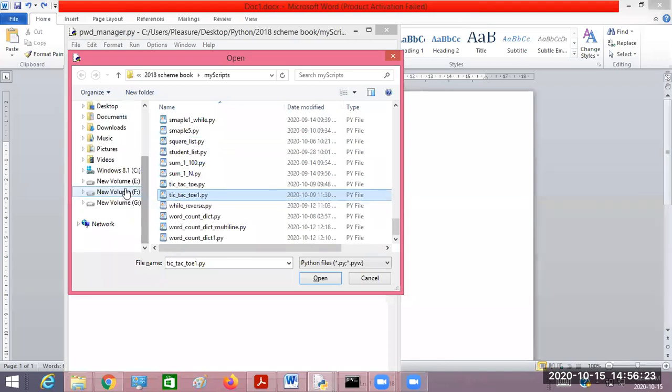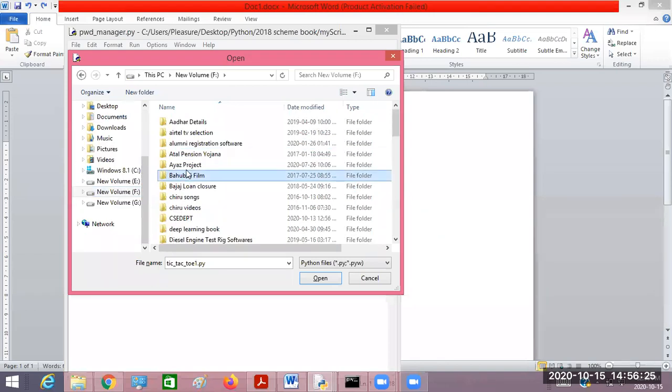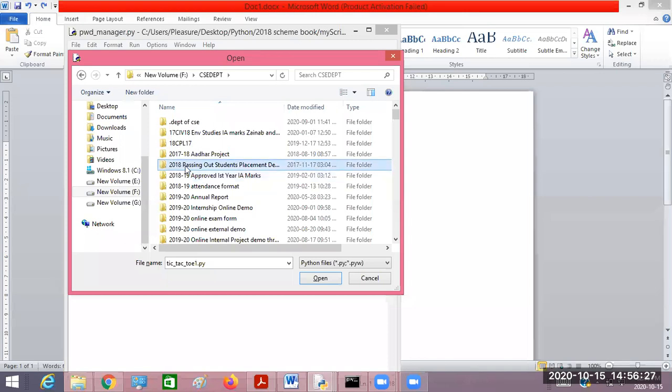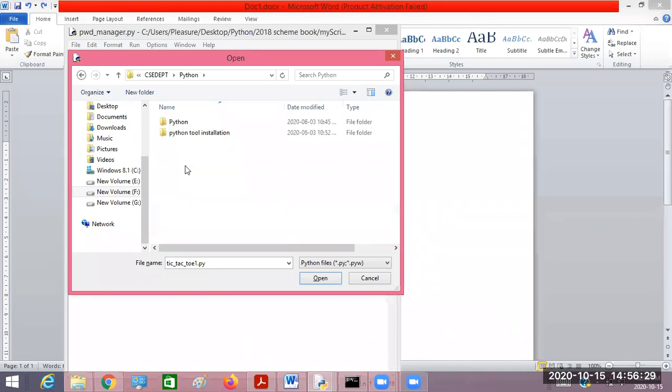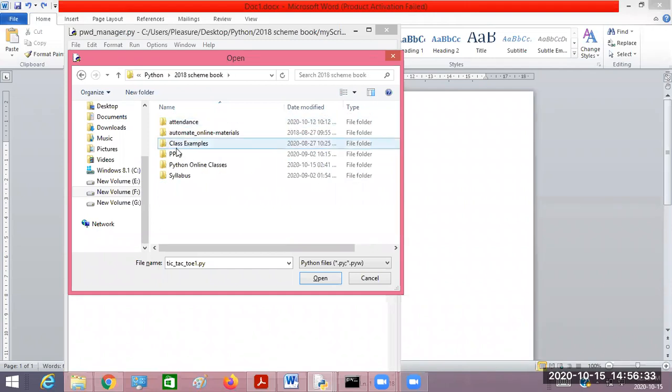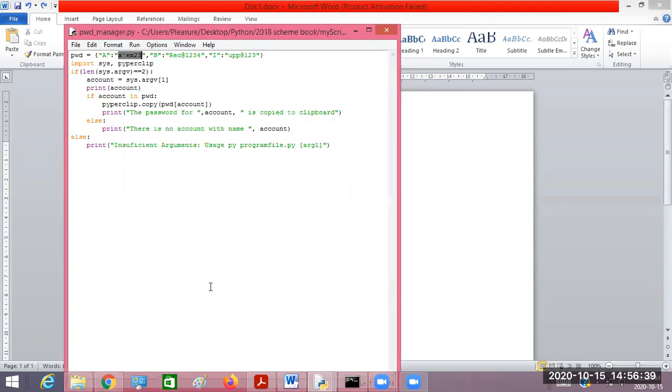Let it be, we'll write the program now. Let me try in another folder. If I don't get it, I'll write it. Okay, let's write that program.